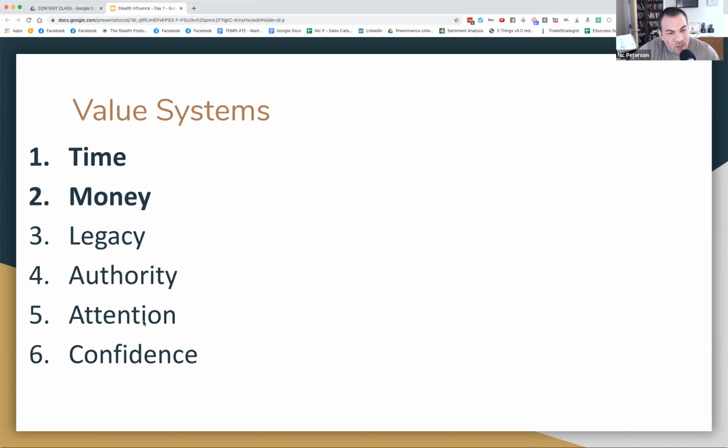Just be aware of these other value systems. We're going to focus primarily on time and money because it's a mini course, and we're going for the biggest bang for buck here. I'll build these all as add-on courses and stuff like that. So just understand the value systems, understand we're going to focus on time and money, but we're going to marry it in a way that you could just ready, fire, aim a video on autopilot without much thought